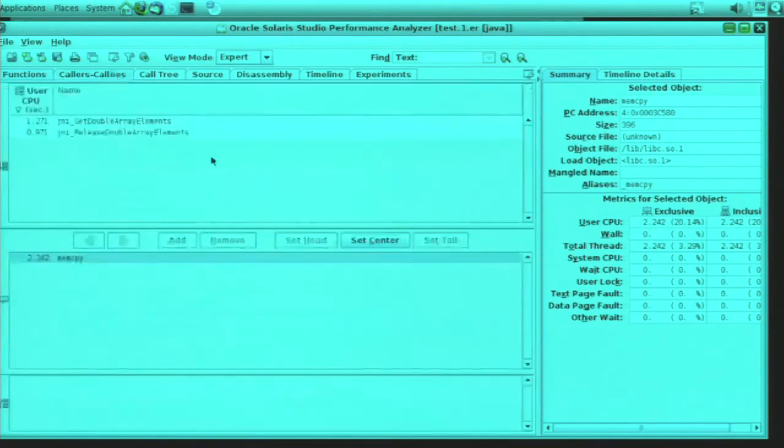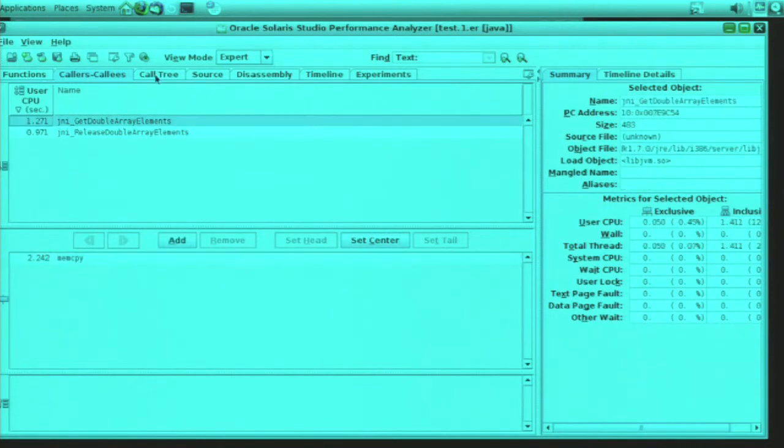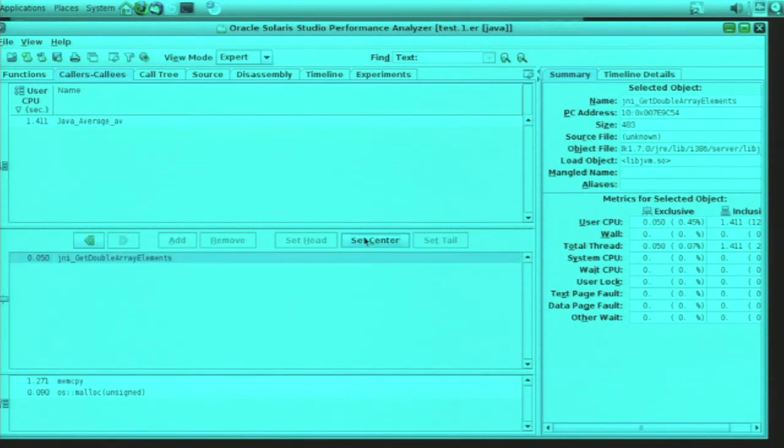Well, I can look at the call tree here, and you can see that memcopy is called by the get double array elements and by the release double array elements. So let's see what else is called by that. I'm looking at this in the center here, and you can see that that's my native code at the top calling it. This is the get double array elements function that I'm calling, and it does two things. It calls memcopy and it calls osmalloc. So it's obviously allocating a chunk of memory for the native double precision values. Then it's copying from the Java structure into the native,